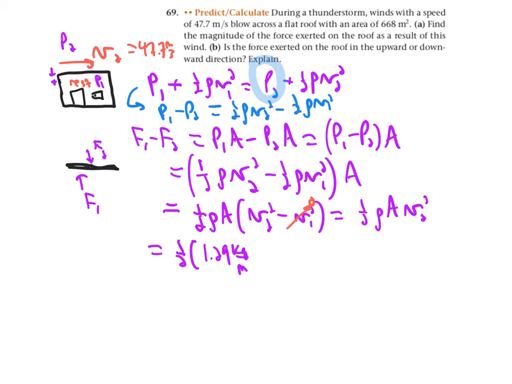We're going to use the standard density of air as 1.29 kilograms per meter cubed. Is that exactly true? Yeah, probably not quite, but probably enough. And we don't have any information to go around it, so we'll say that that's fine. And then we have the area, and then we were given the 47.7 meters per second quantity squared, and we end up with a number of